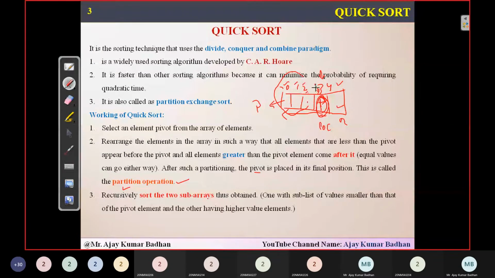And after that, if I want to sort this one, this is nothing but location plus 1. And similarly, the ending is also the same. So definitely both are the same, so we have only a single element. We can say that the element is already in sorted order. So this is the way we are going to solve this particular quicksort algorithm. This is the working technique of your algorithm, how your algorithm is going to work.